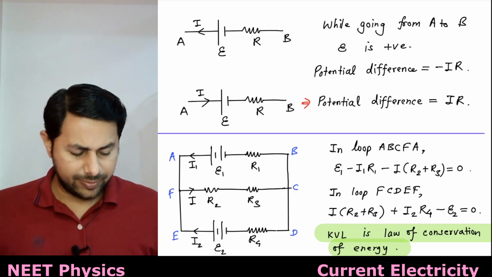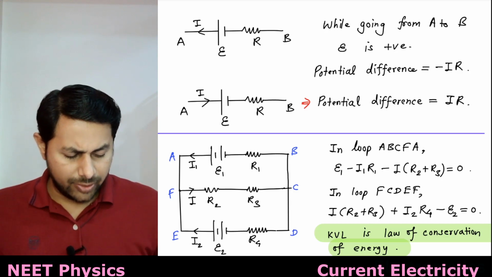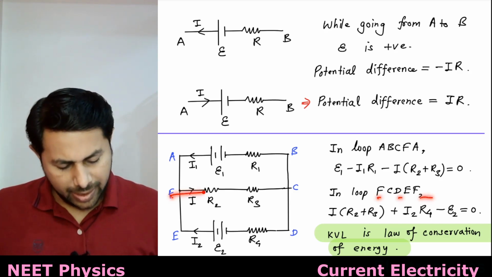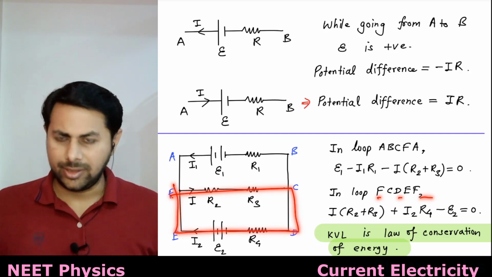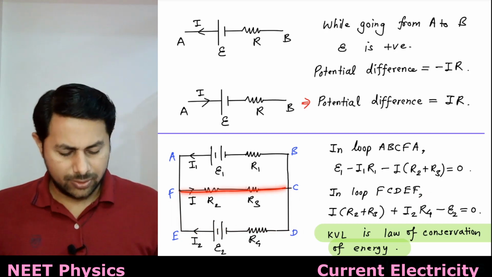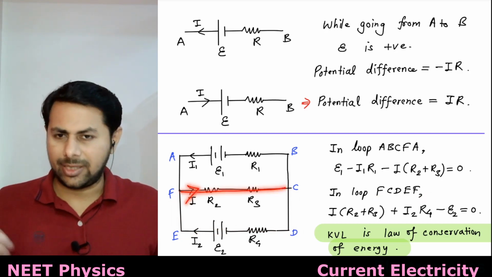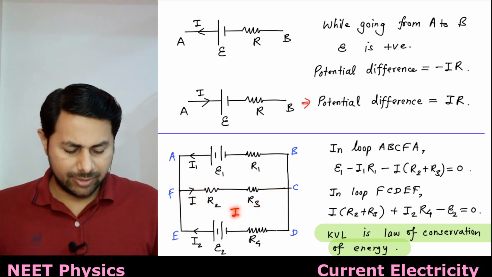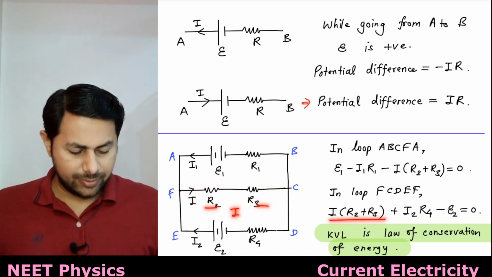And similarly, you can take another loop: F, C, D, E, F. In this loop, you are going from F to C. Now you are moving in direction of current, so the potential difference would be positive. So you have I times (R2 plus R3), plus